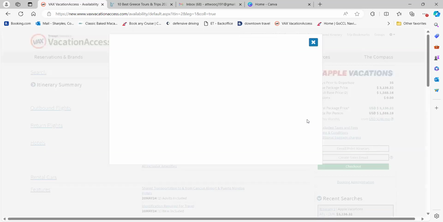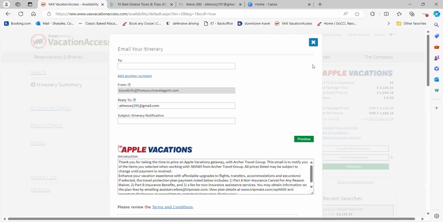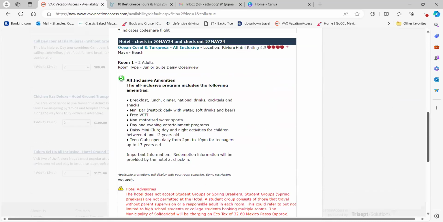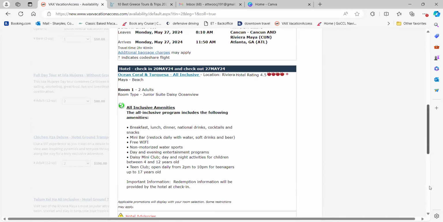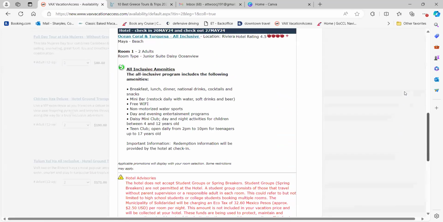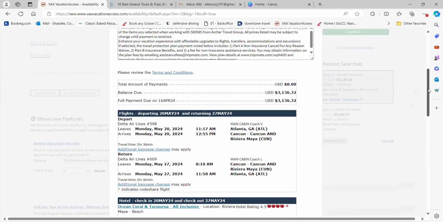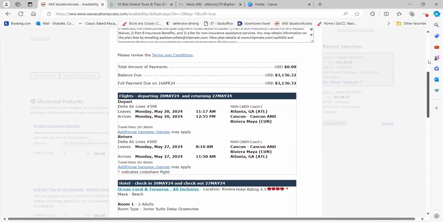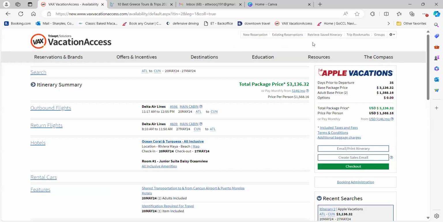So if you click email or print itinerary, as you see here, it has all of this information. So they're not necessarily going to want to read all of this here. So I'll usually do a quote two different ways or post a mock booking. One, I'll put it in a video and put some of this information in there. And then the other way is just a little small flyer to say, hey, look at this great option that we have going right now, like this, the cost.